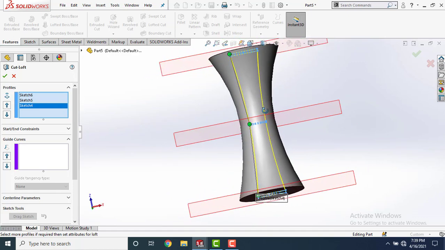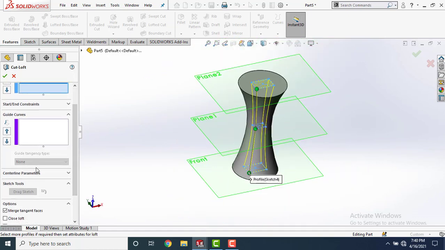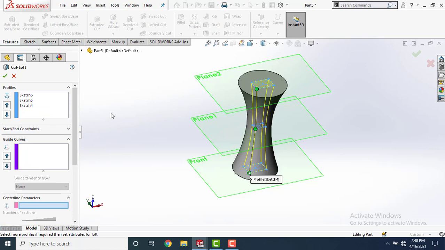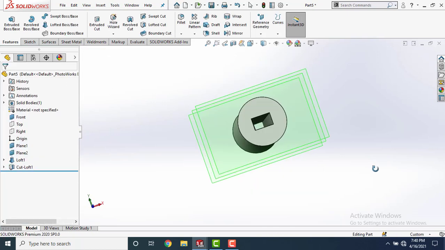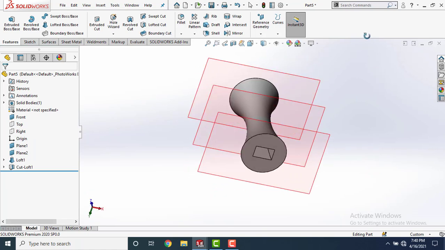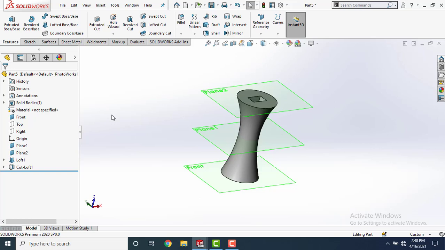You can see in preview. You can use guide curve and centerline parameter also. The process is same as lofted boss. As of now, I am not using guide curve and centerline parameter. Click OK. You can see there is a cut inside this body. This is lofted cut. This is the complete information about the lofted boss and lofted cut feature.